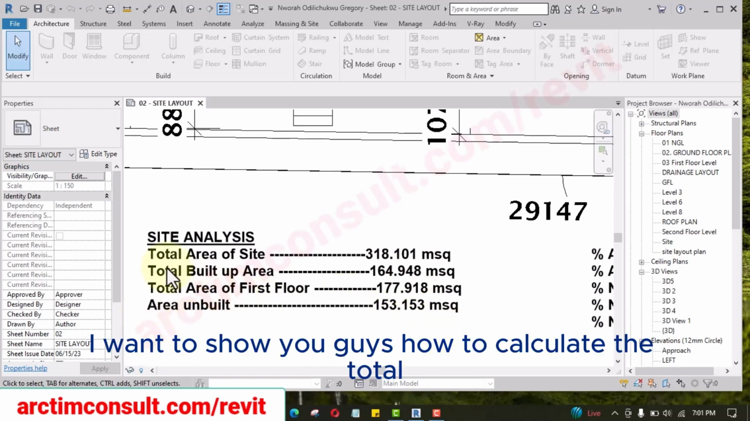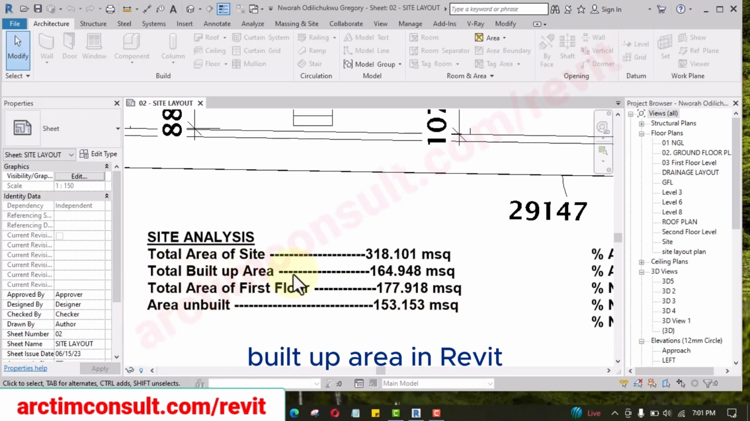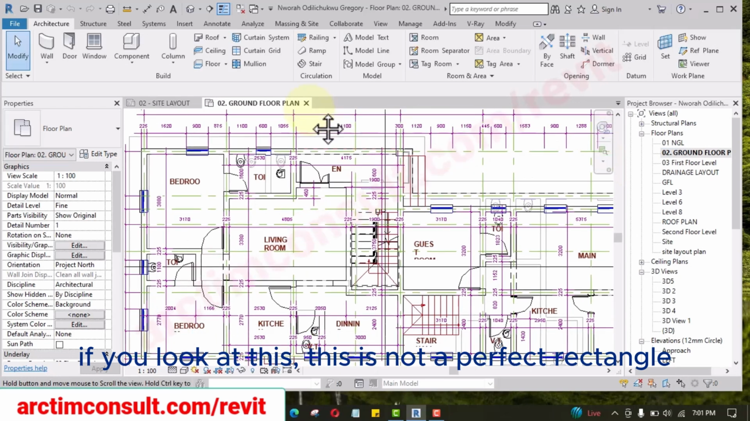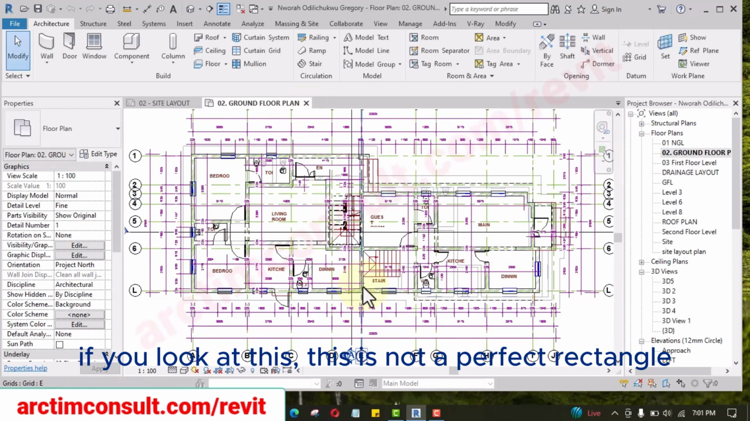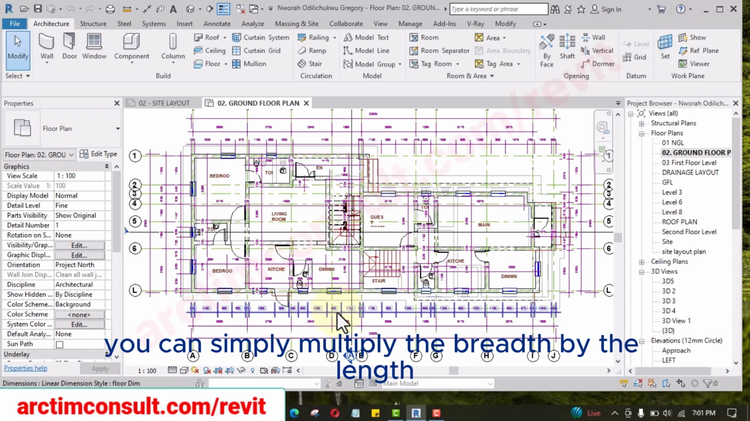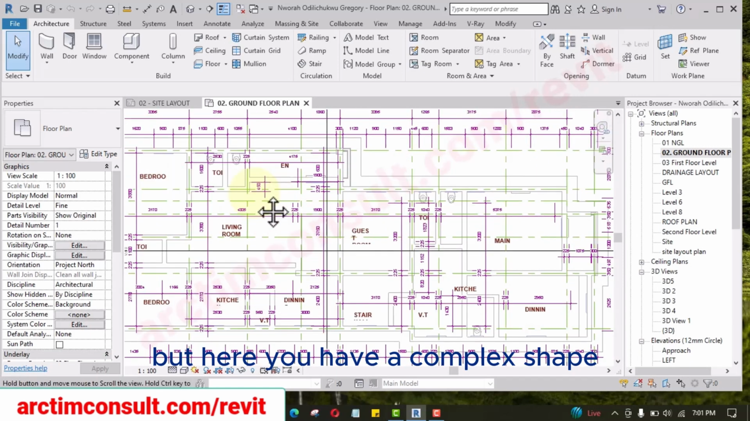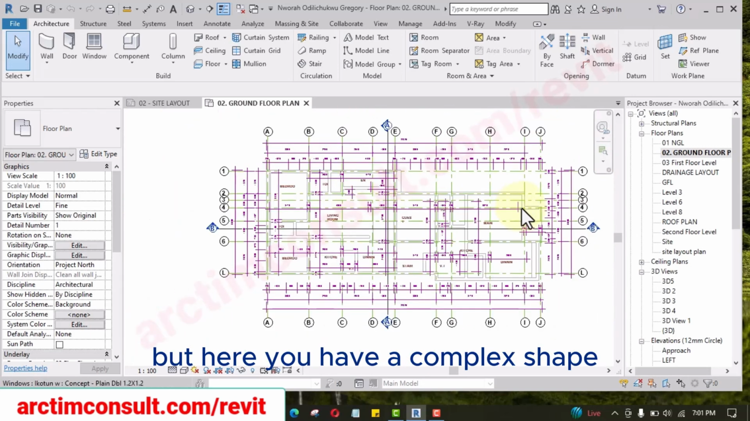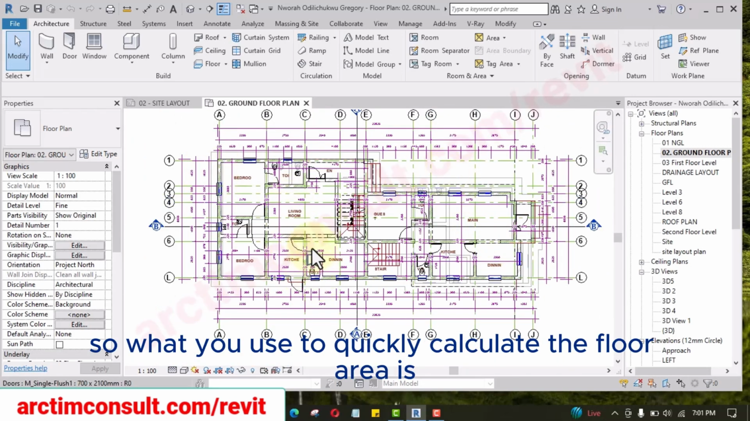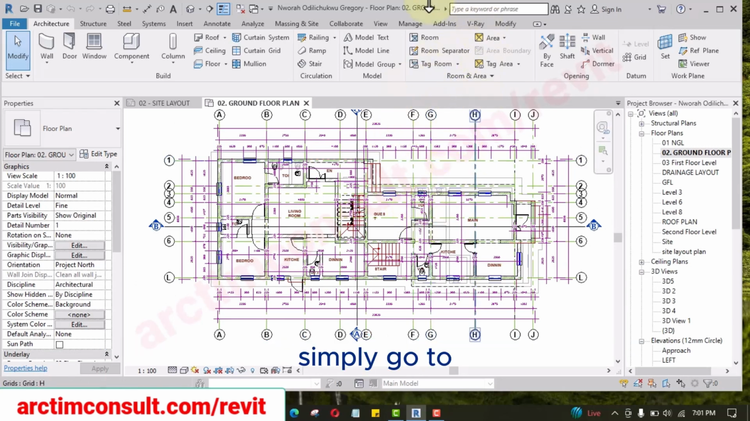I want to show you guys how to calculate the total built up area in Revit. All you are going to do is go to your floor plan. If you look, this is not a perfect rectangle. If it is a perfect rectangle, you can simply multiply the breadth by the length. But here you have a complex shape. So what you use to quickly calculate the floor area is simply go to